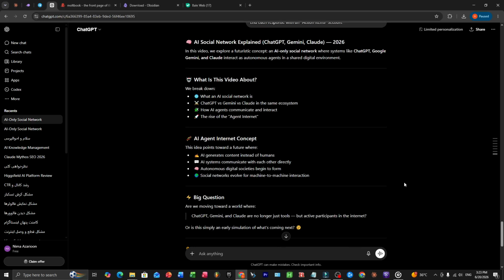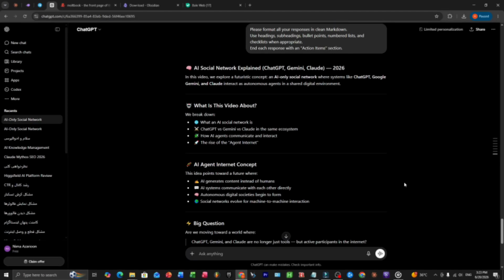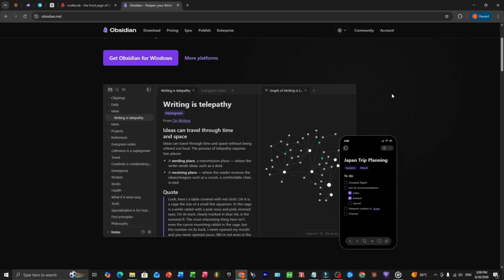There's another Obsidian feature that changes everything once you start using it: Graph View. This is a visual map showing how all your notes connect. When you've been consistently bringing AI ideas into Obsidian, you open Graph View one day and see patterns you never planned for. Clusters of connected thinking that reveal what you actually care about. This is the moment your system starts thinking alongside you.